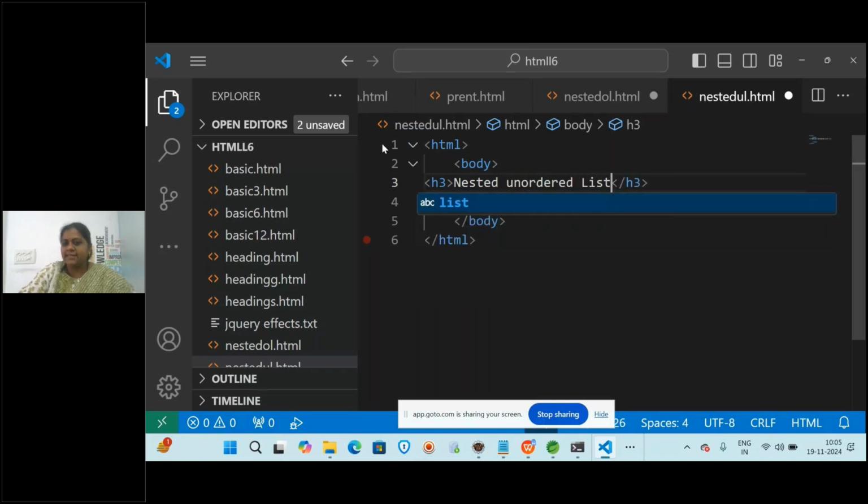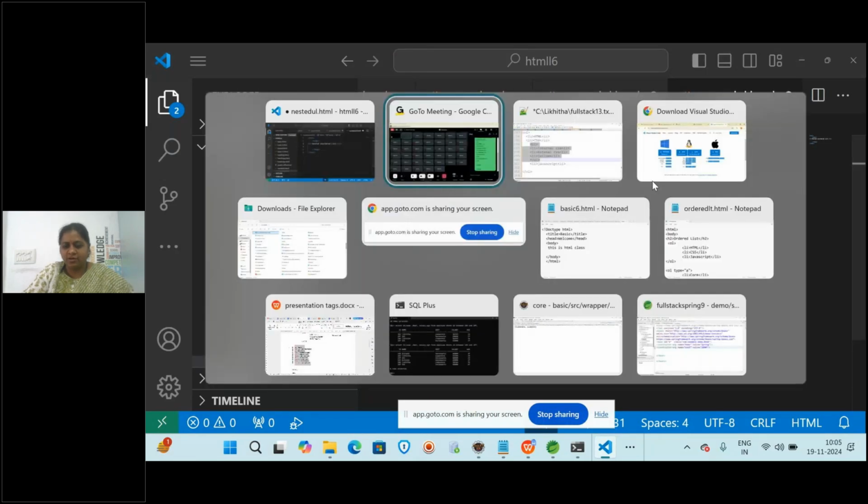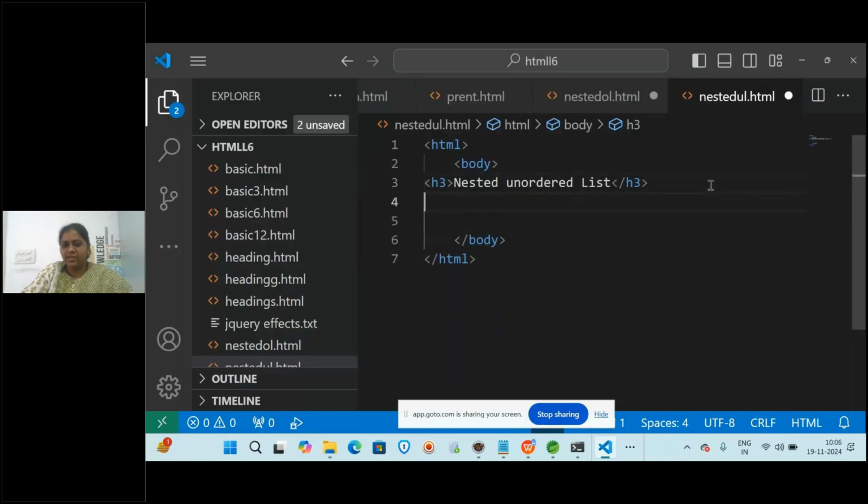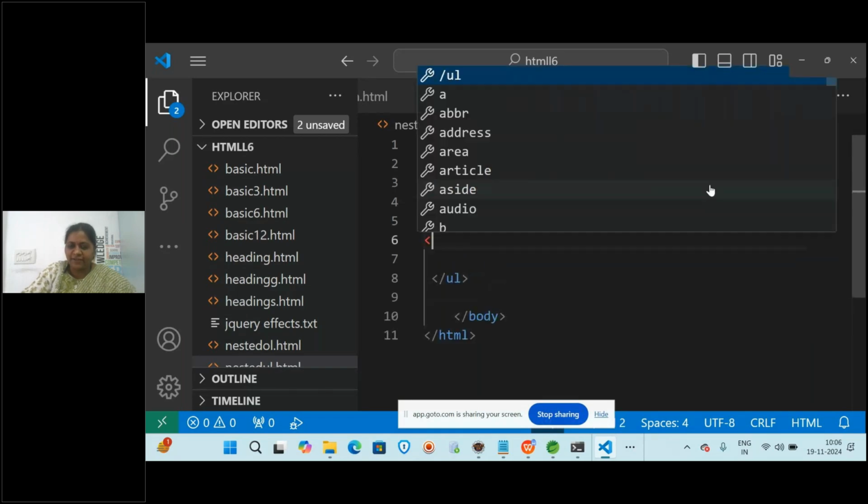Okay, this is the heading. And here I am writing the UL for unordered list, and here I am mentioning the list of items.